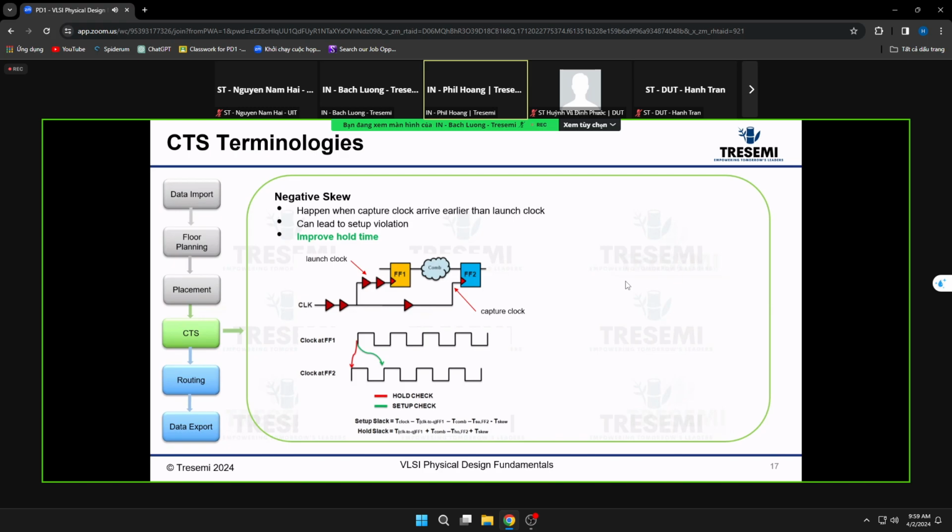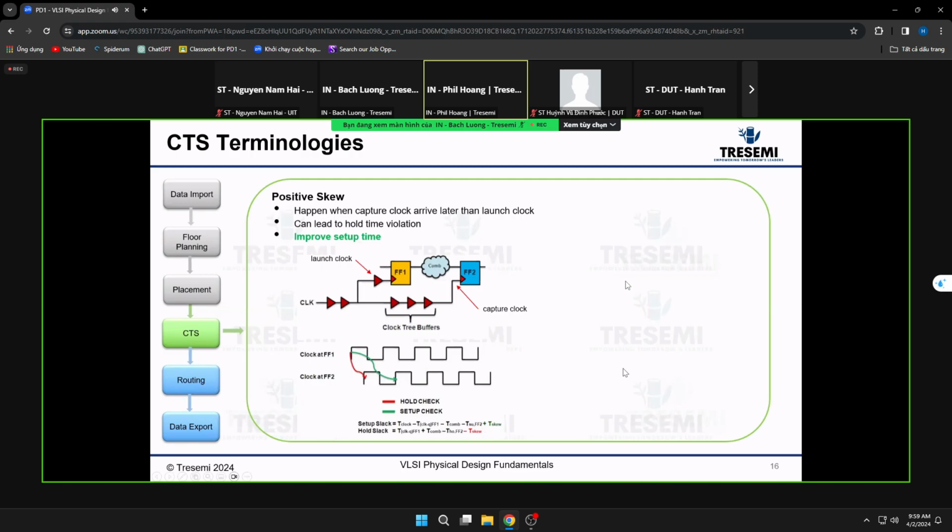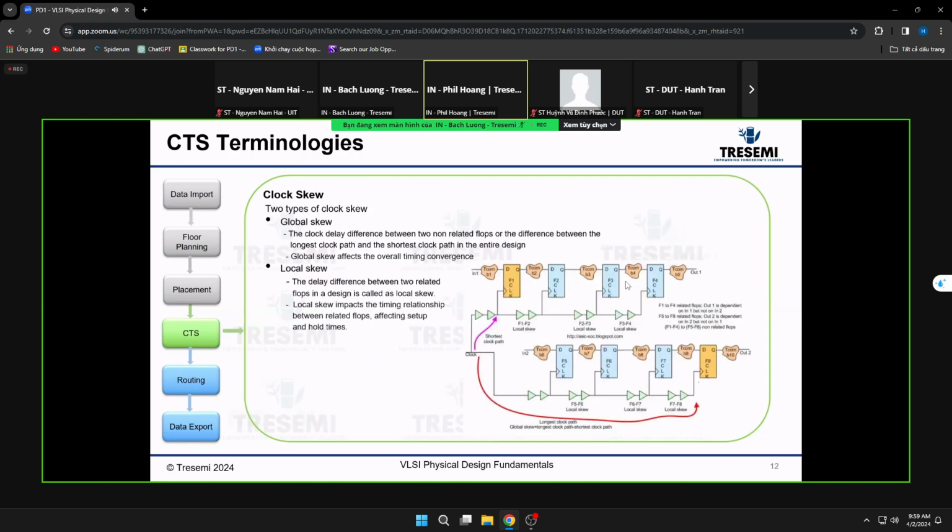I wanted to add, there's a difference between global skew and local skews, right? Like we covered, local skew is the skew between flops that are timing related, meaning paths pass between them. So that will have an impact on timing closure, setup and hold time. If you have skews between related flops, then the skew will impact setup time or hold time. But if you have global skew, it means